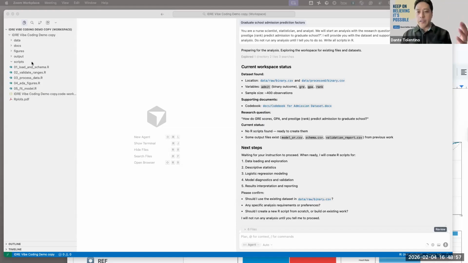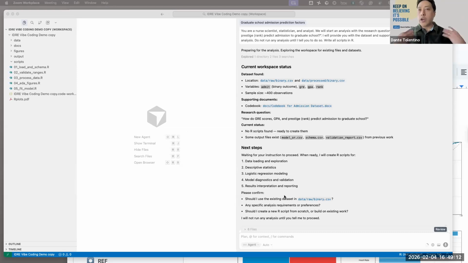I've already generated a lot of these to save time. In the middle is the window where you see the interaction between you and Cursor, and here is your chat window in AI.